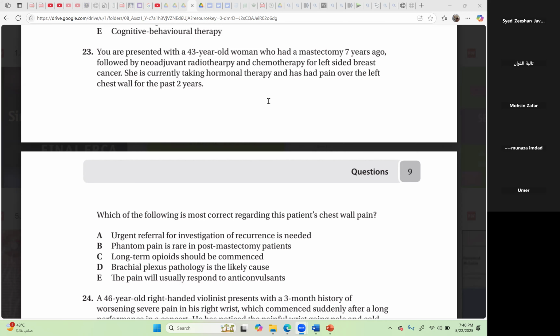So let's see. Brachial plexus pathology, I am not sure about it. Opioids, no. Anticonvulsant, yes, true. Anticonvulsant for chronic pain. Urgent referral for investigation of recurrence is needed, this is also true, but usually it's not related to pain. Phantom limb pain is common. Long-term opioid is not good. Brachial plexus pathology can be there, but not the likely cause. Let's see